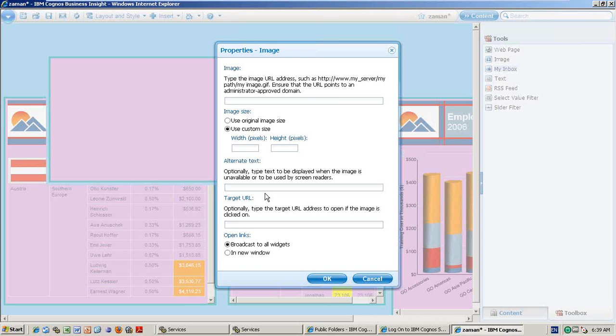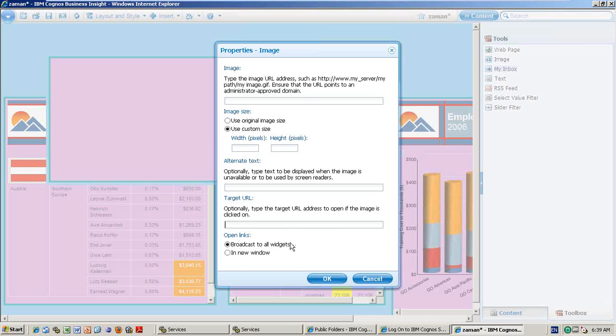And target URL means, optionally, if the image is not available at the URL you are giving, normally it will show this text, right? Sorry for that, the image is not available. If you don't want it like that, if this URL is not available, you can show an image from some other server URL. If you want to show that one, you put that one here.